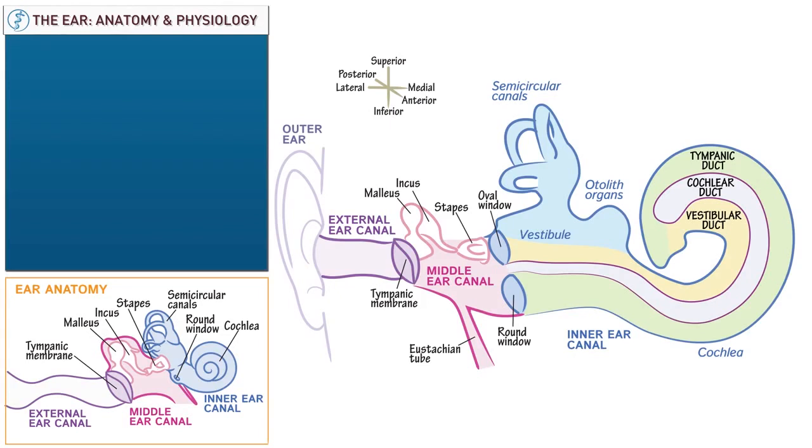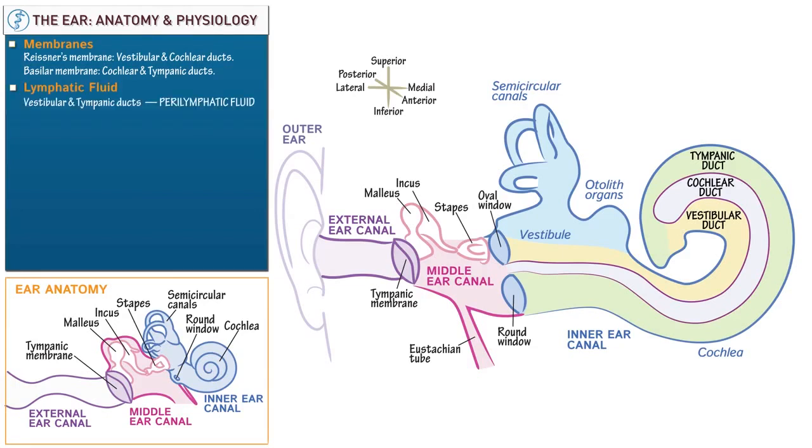Denote that Reissner's membrane separates the vestibular and cochlear ducts. Denote that the basilar membrane separates the cochlear and tympanic ducts. And denote that the vestibular and tympanic ducts are filled with perilymphatic fluid, which is high in sodium and low in potassium, much like extracellular fluid. Then denote that the cochlear duct is filled with endolymphatic fluid, which is high in potassium and low in sodium,